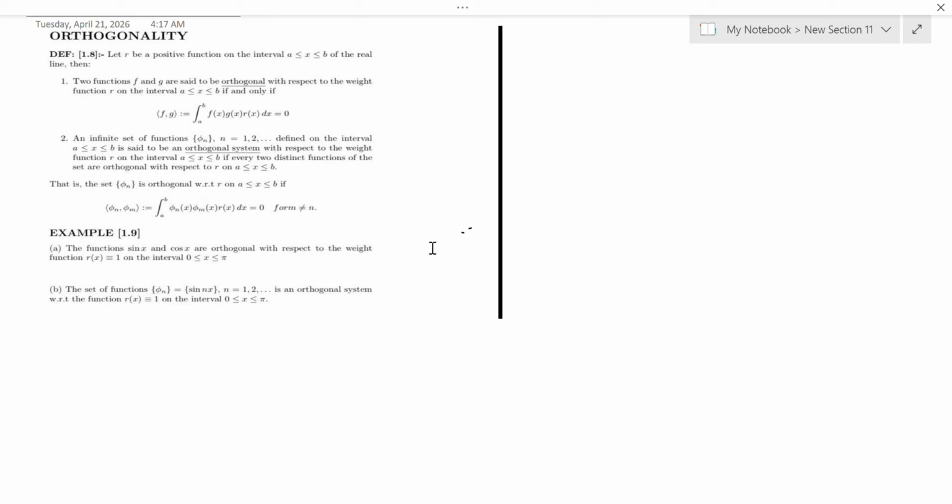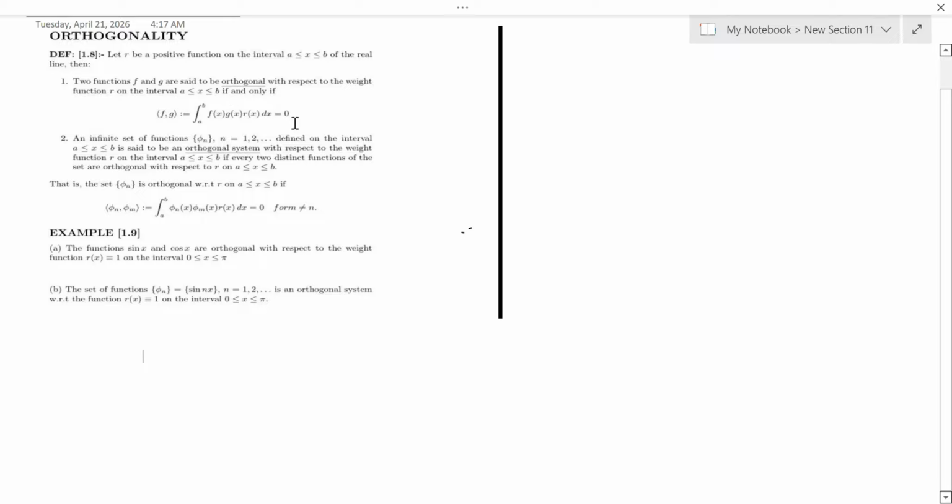So now, let r be a positive function on the interval, and x is defined on the closed interval a comma b of the real line. Then first, two functions f and g are said to be orthogonal with respect to the weight function r. So this r, that is a positive function, is called a weight function in this place, on the interval a comma b also, if and only if